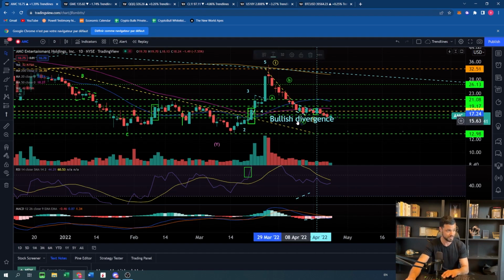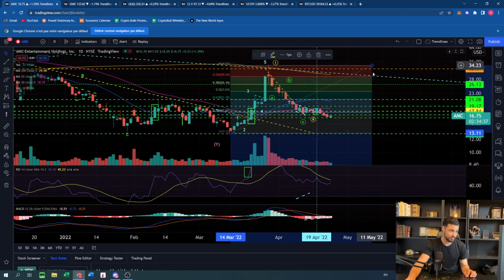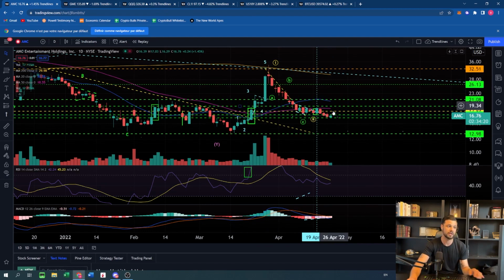Once again, this second wave is not usual. It's a bit deep for a second wave, because second waves usually don't go below the 61.8% fib ratio. Here we are below the 78.6. So even if we have a very nice bullish signal here, we would need to see a lot of bullish price action around the 21.26 level to confirm we might be in a third wave and not just in a reversal. But whatever. Let's first find this reversal, then we're going to discuss how high it can go.